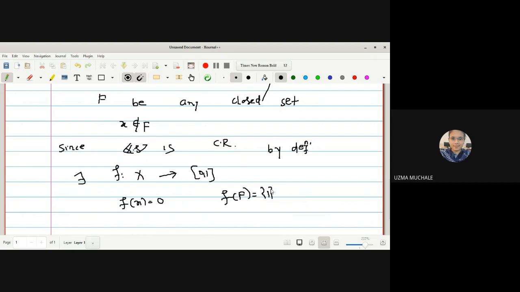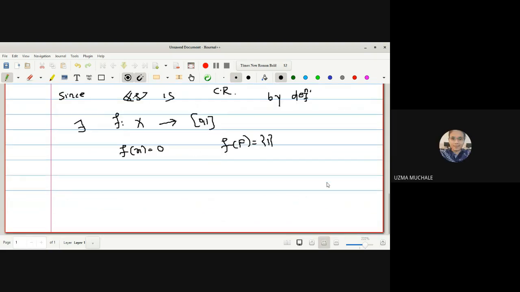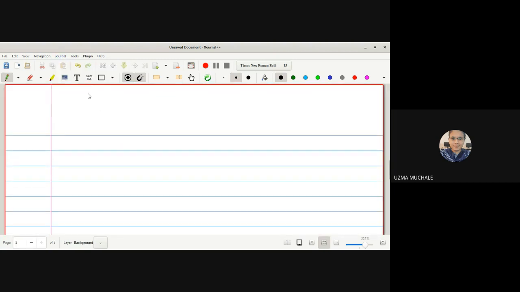Is it okay? Yes, ma'am. Now, as we know that 0 is not equal to 1, right? Why am I writing this? Because it is given that it is completely regular. Now what we have to do is prove that it is a regular space. So for that we will define one more mapping. Let us consider the closed interval [0,1] which is given to us from our definition itself.